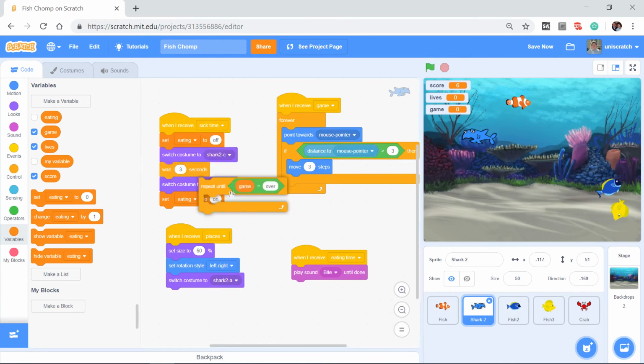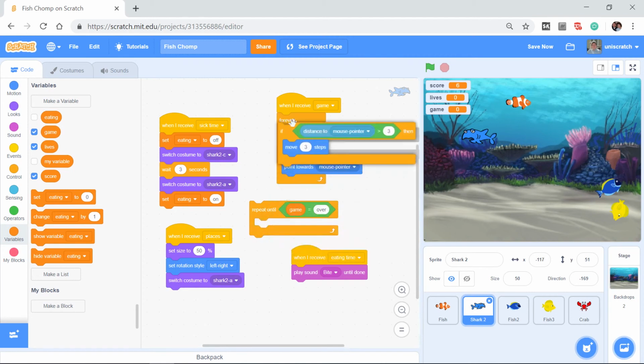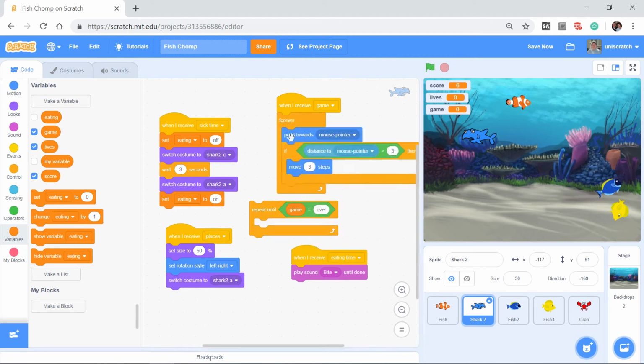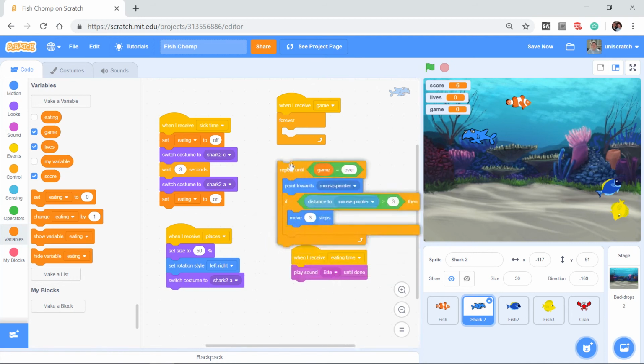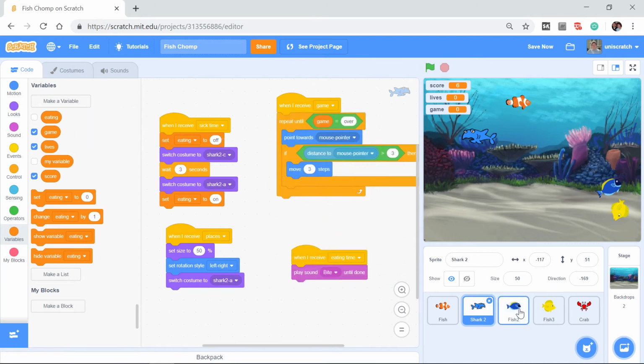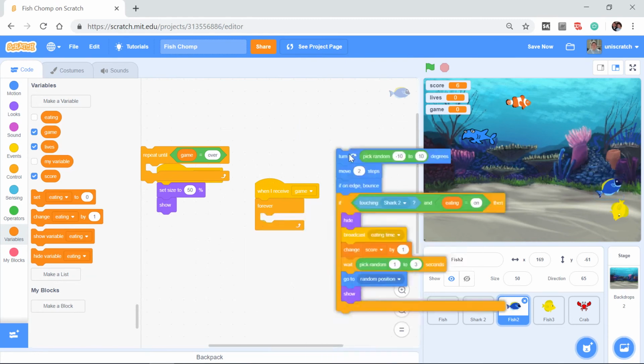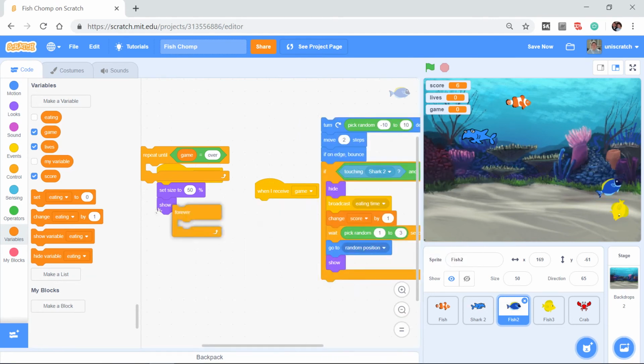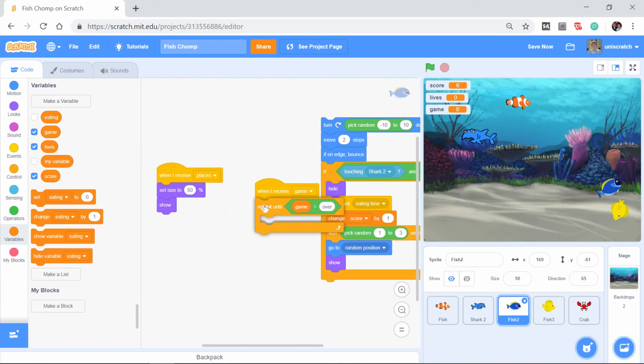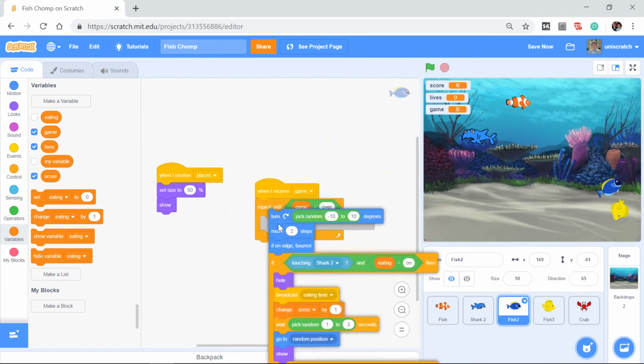The shark, we're going to replace this forever loop. Oops. I grabbed the wrong thing. Let's do this again. All right, get rid of the forever loop, until game equals over. We're going to replace this with the game equals over.